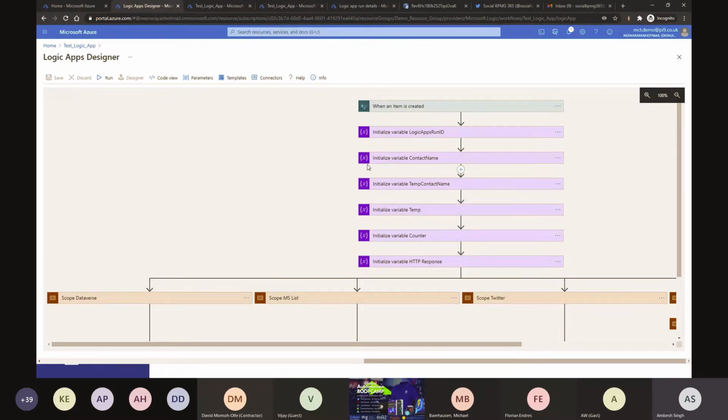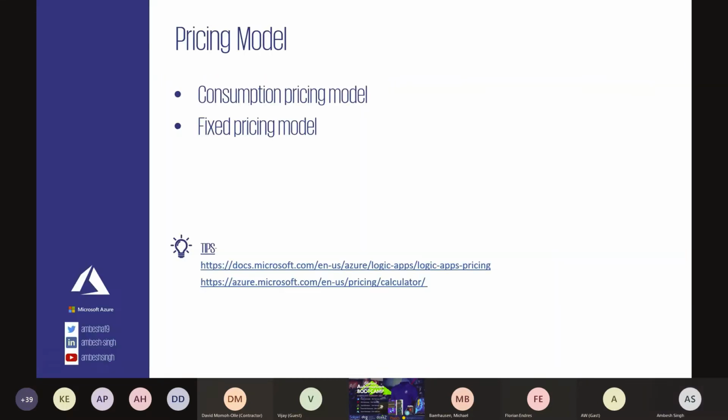And again, it also depends on what consumption plan you have chosen. So you have an ISE or you have a capacity-based plan. Okay. The next thing is